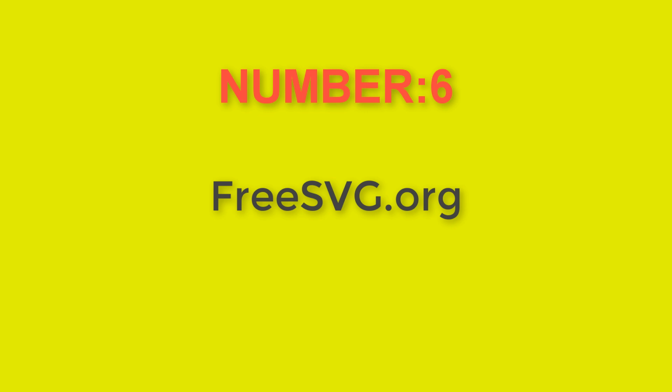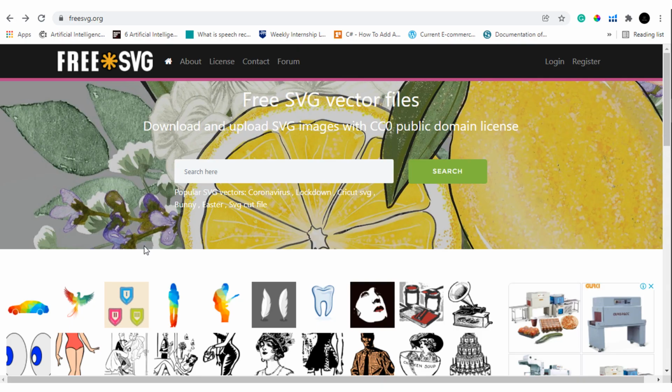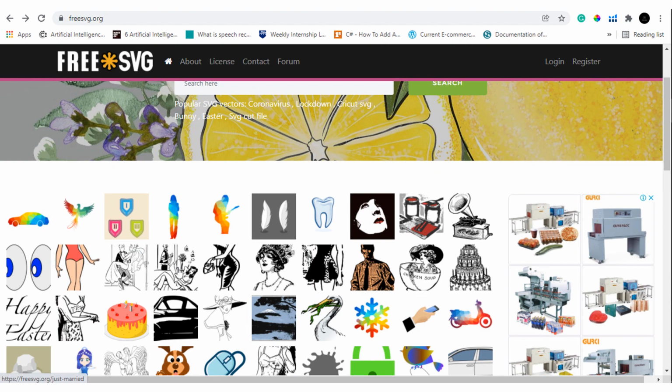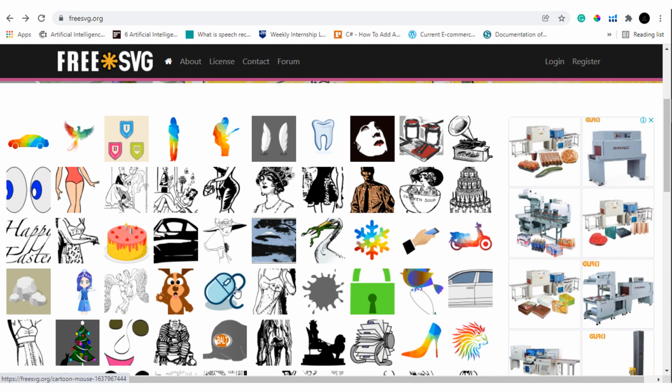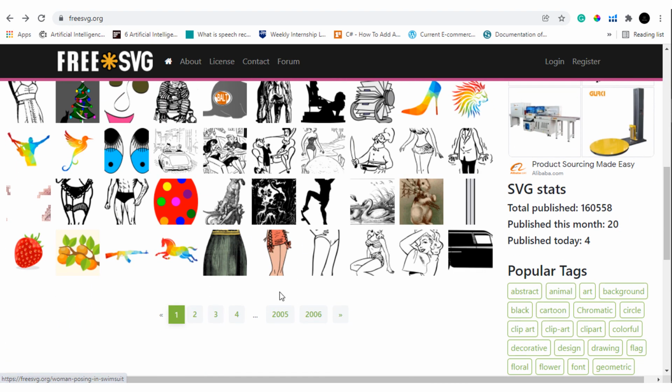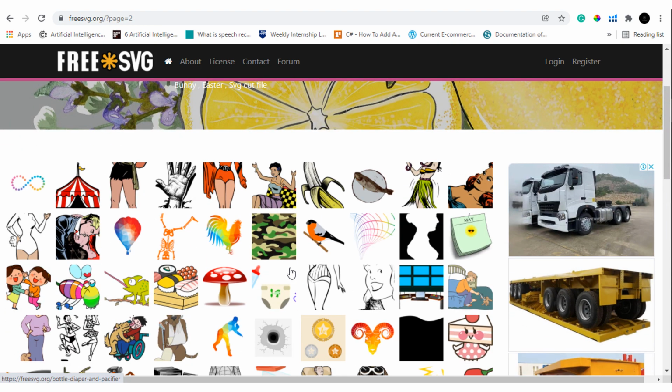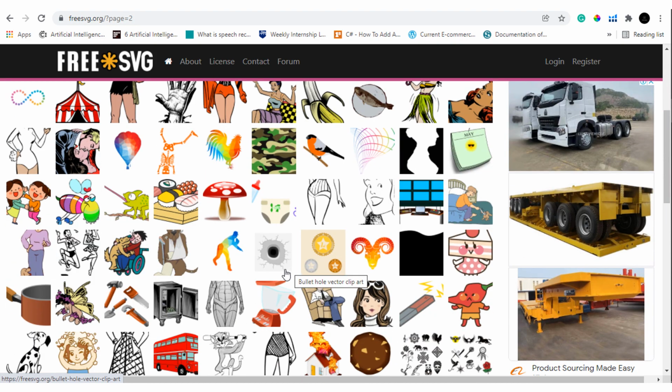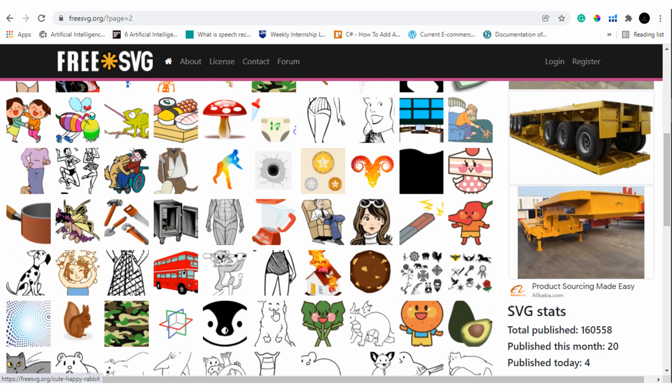And the next website in our list is called freesvg.org, and you can get various different SVG files that you can edit in vector editing software. As you can see, various different SVGs are available, and all of the SVGs available in this website are under public domain, so you can use these images.